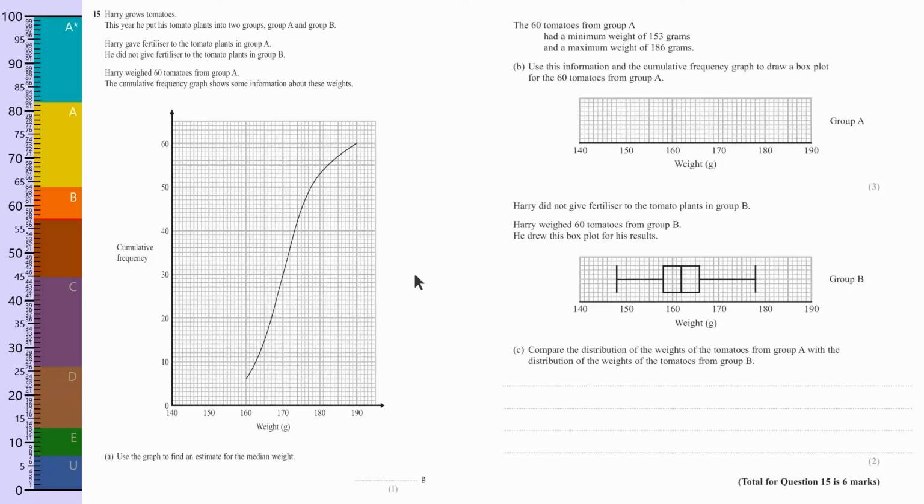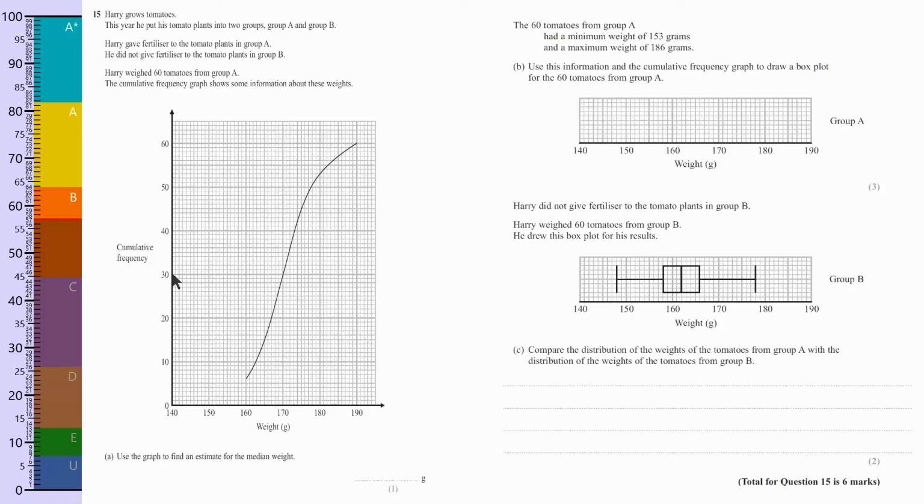So what I'm going to do is get my straight line, and to find the median, well, first of all we need to know how many tomatoes there were. It says 60 in total. Don't always rely on what this goes up to if it's incomplete, because there could be bits missing at the top, but there's not on this one. And you get the 60 and you halve the 60 to find the median, which is 30, but